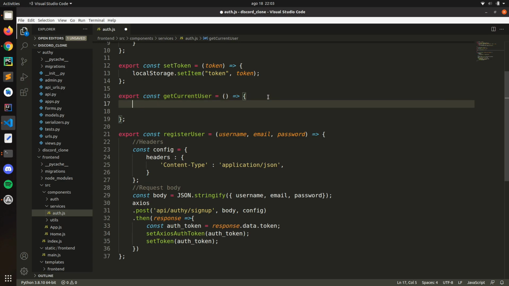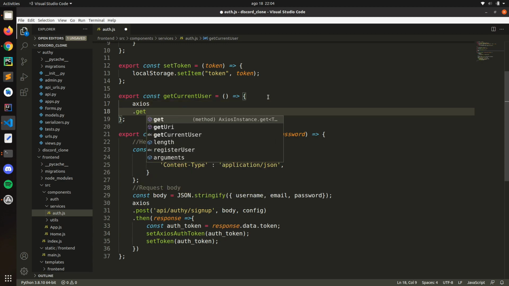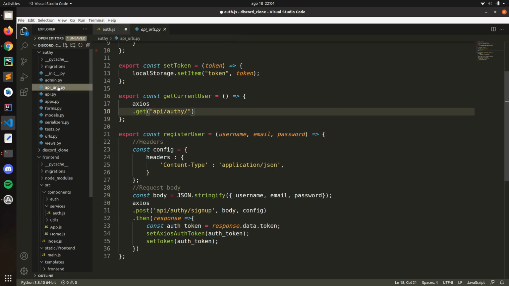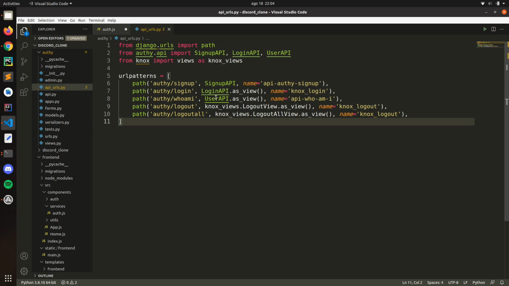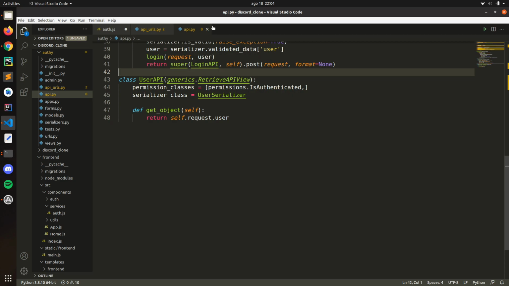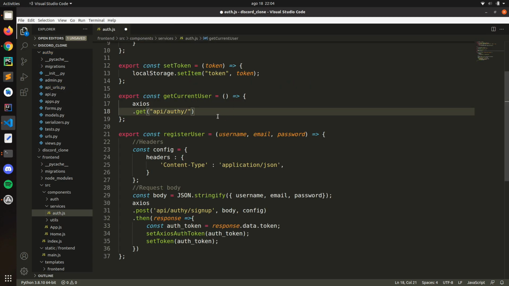For get current user, we are using axios.get, and we're making a get to API slash auth slash, let me see. So yeah, we're calling the user API that returns the user. Who am I? Okay, just copy this one. Who am I? Okay,